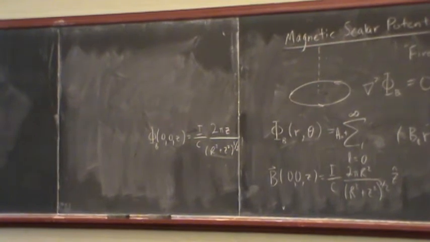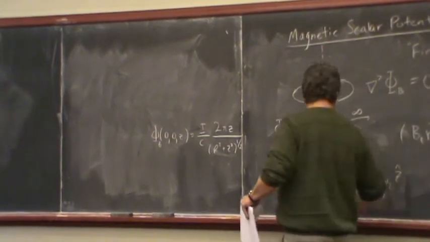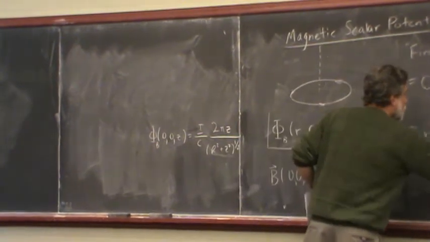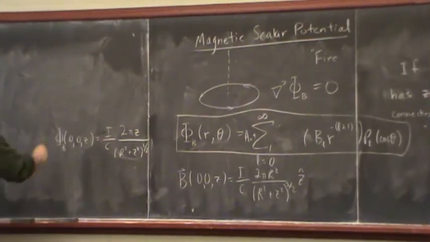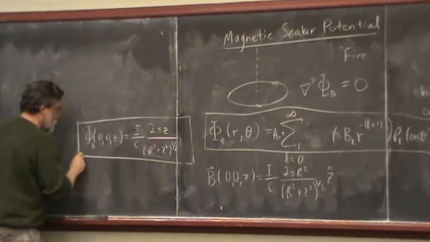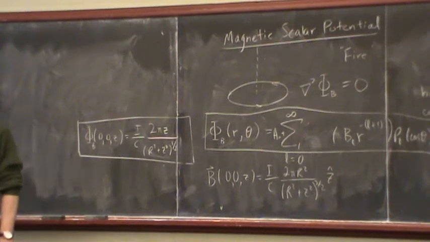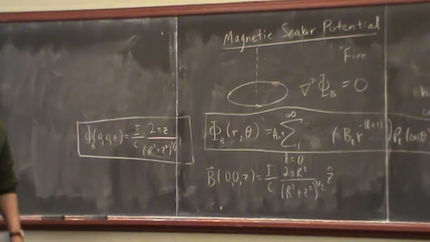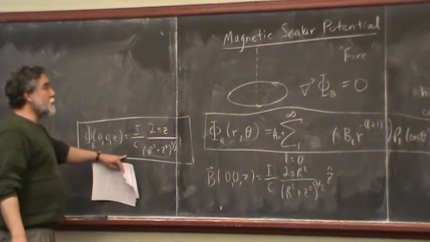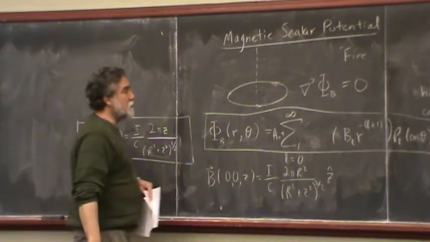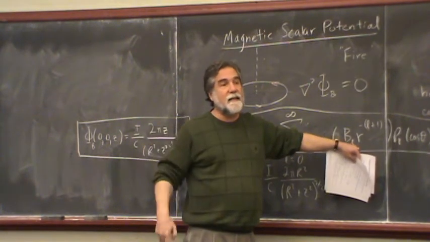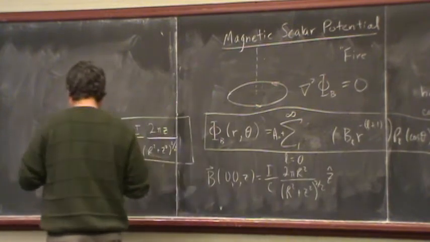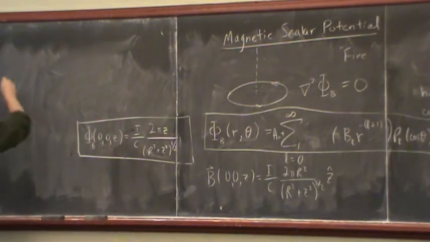All right. But as I said, this is how I want to express it. And this is what I've got right now along the axis. So that's going to be for theta equals 0, cos theta equals 1 along that axis. All right. So what I want to do is somehow express this in terms of powers of distance, r here. Now along the axis, r is z. So I can start with this